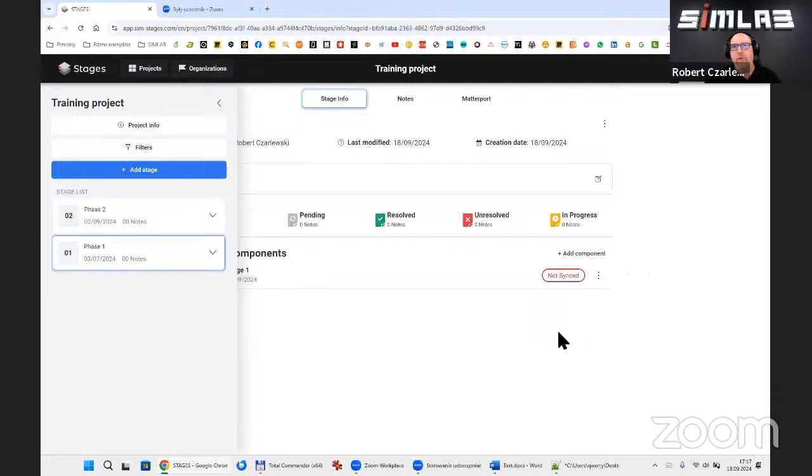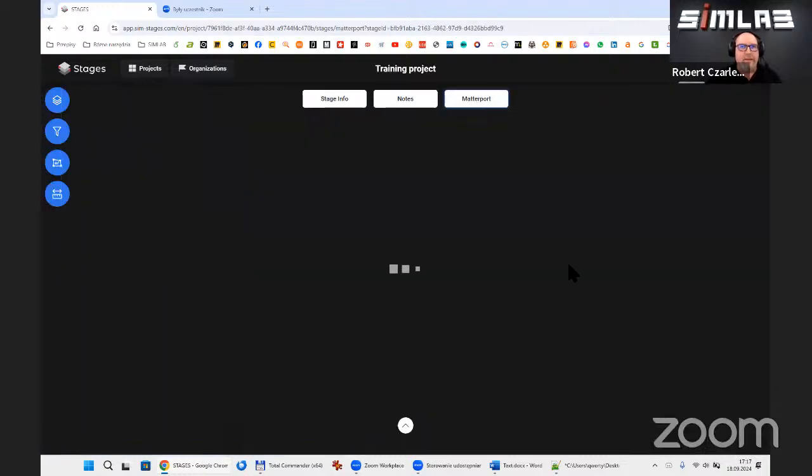To do this, we have to go to the menu under 3 dots here next to the component and choose Set as Synchronized. As you can see, the label of the components changed to green, and there is information synced, and that means that you can go to the Matterport tab and see how the component looks.